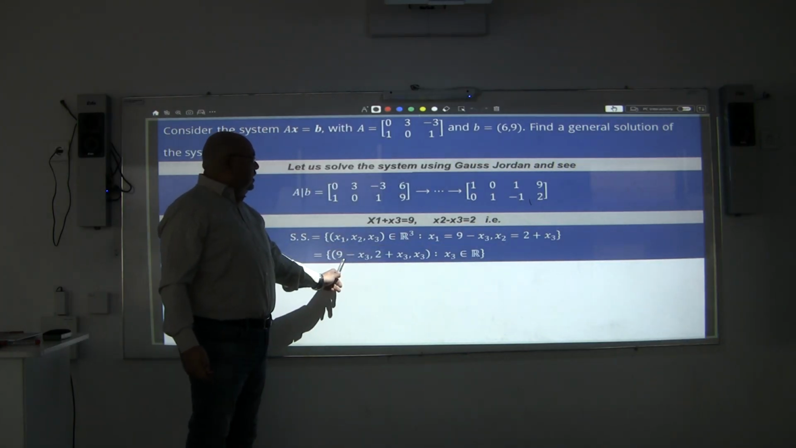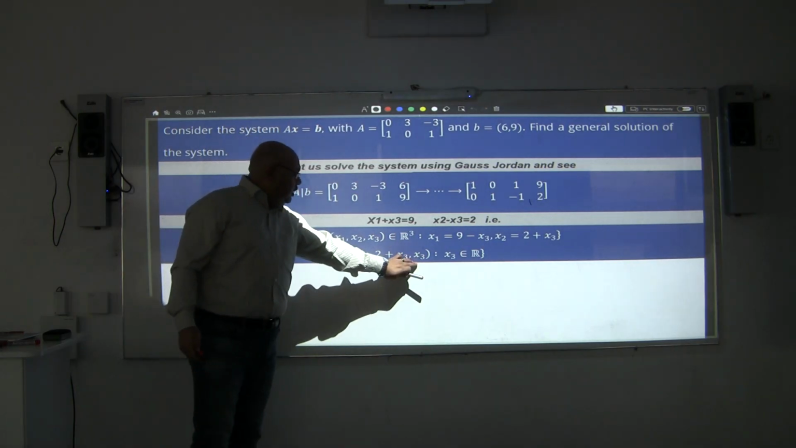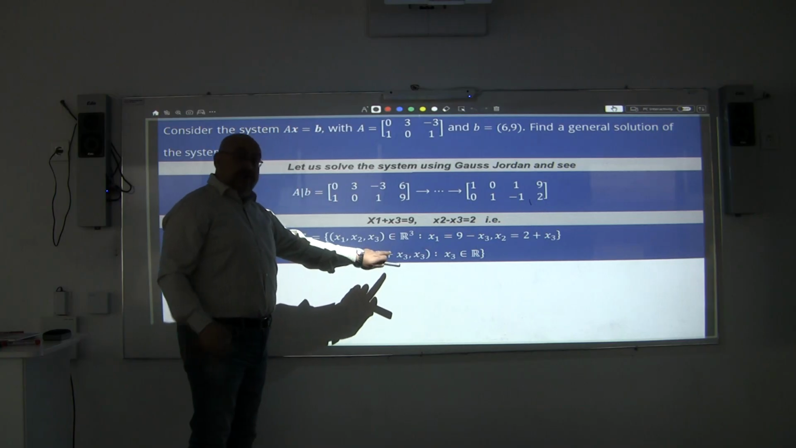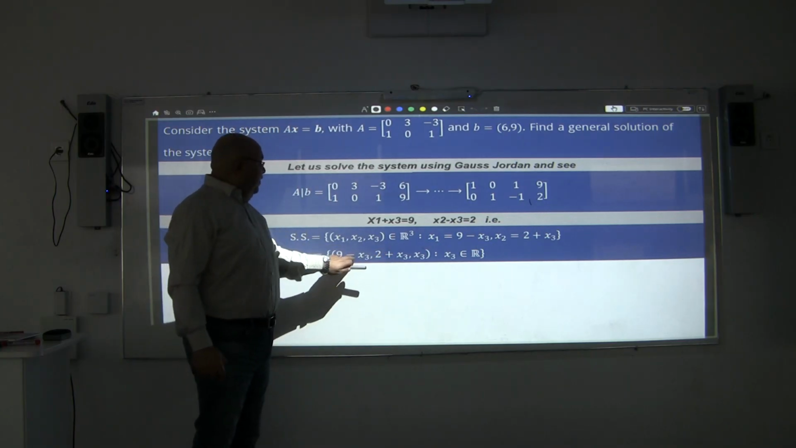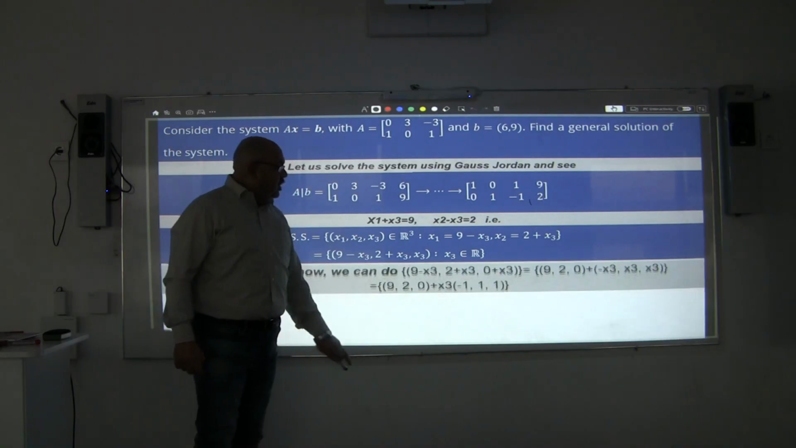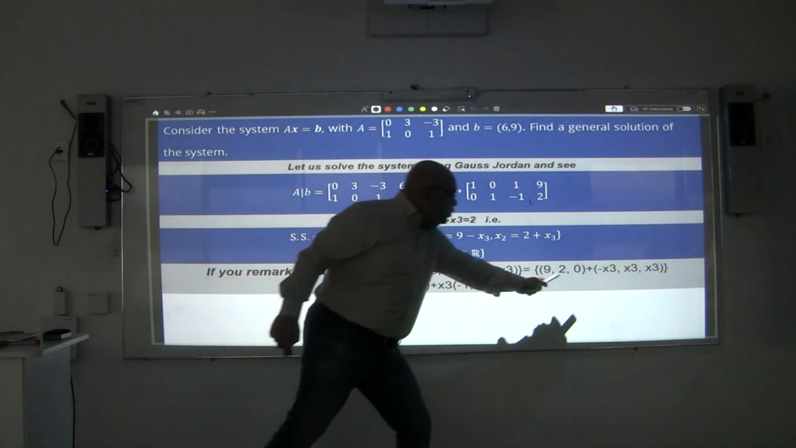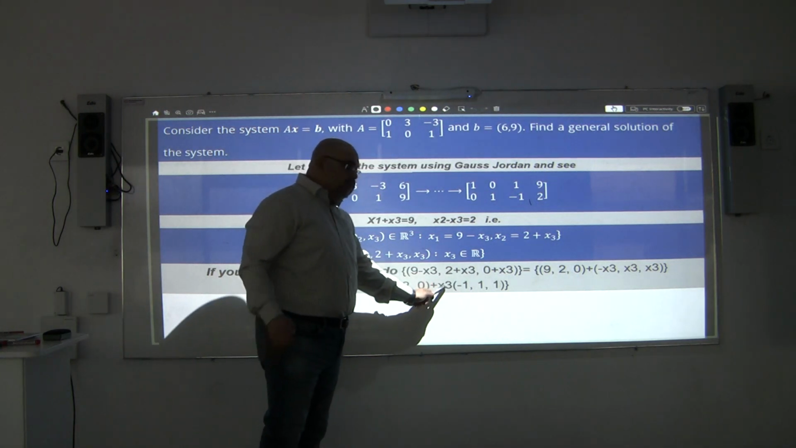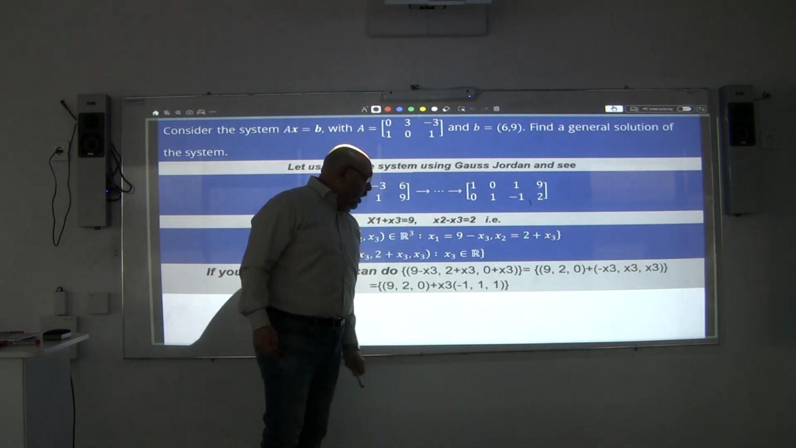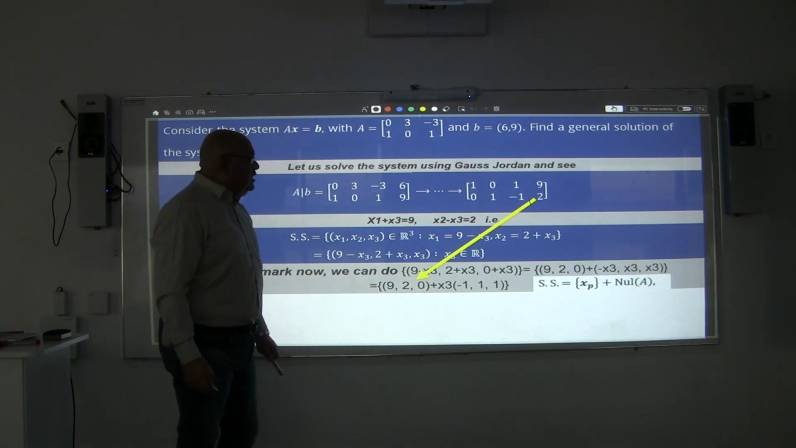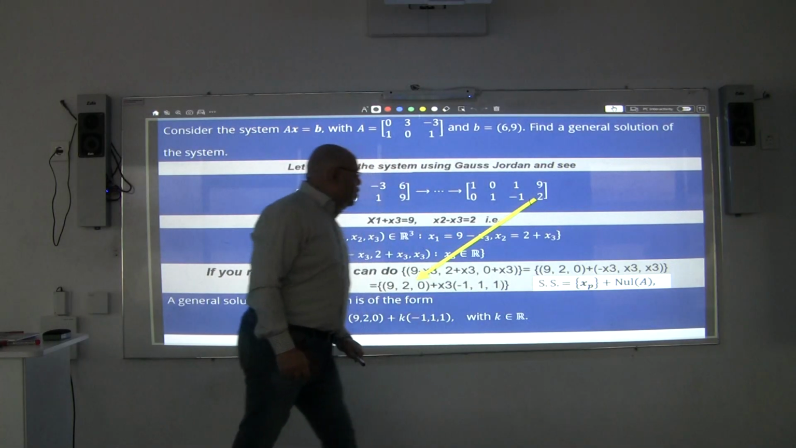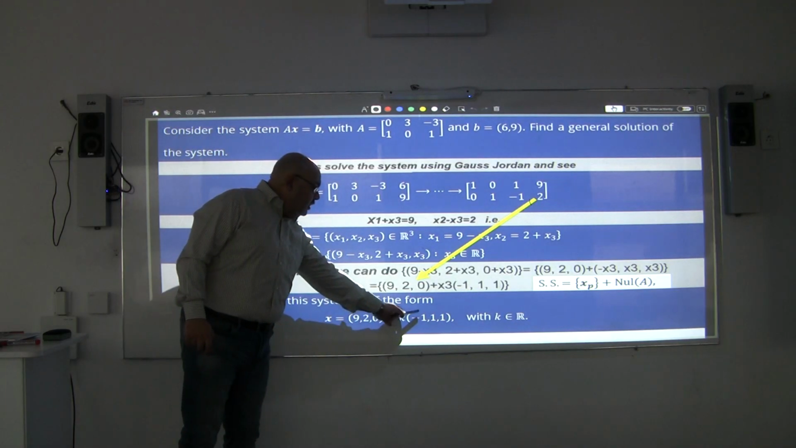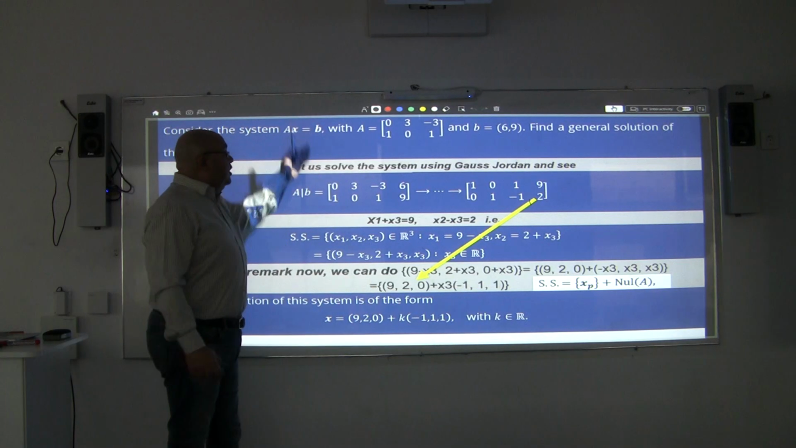I will have this set of solutions, first coordinate, second, and third. I can separate it with 9, 2, and 0 for the particular solution, and negative x3, x3, and x3 for the null of A, as you can see. So it's simply 9, 2, 0 plus x3 or z times negative 1, 1, and 1. And so this is exactly the particular solution plus the null solution. So 9, 2, 0 plus k times negative 1, 1, and 1. Based on this fact,